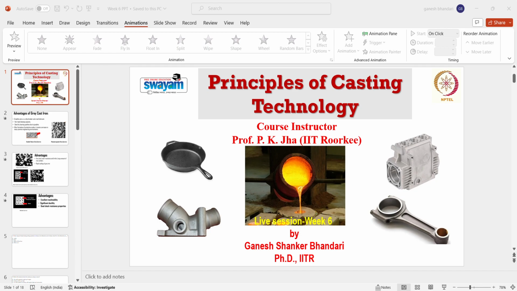So this is all about the cast irons that we have read in the lectures. Now we will go with some MCQ type questions. Coming to the first question: if basic slags are formed during melting operations in a furnace, the refractories used in the furnace should be acid refractories, are